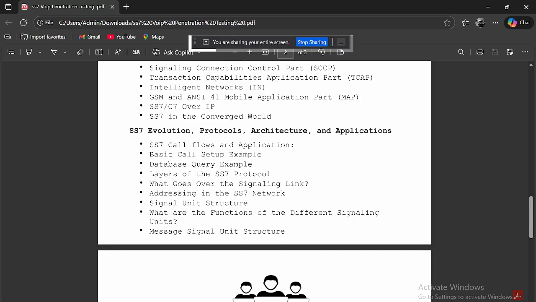And tomorrow we would like to also learn signaling point codes and signaling message handling, like how we would like to control, how we would like to receive, otherwise capture. So first we would like to learn that, then we would like to go for practicals directly. And also we would like to do basic call setup and database query examples, and intelligent network services like voicemail, prepaid phone calls, toll free numbers, etc.